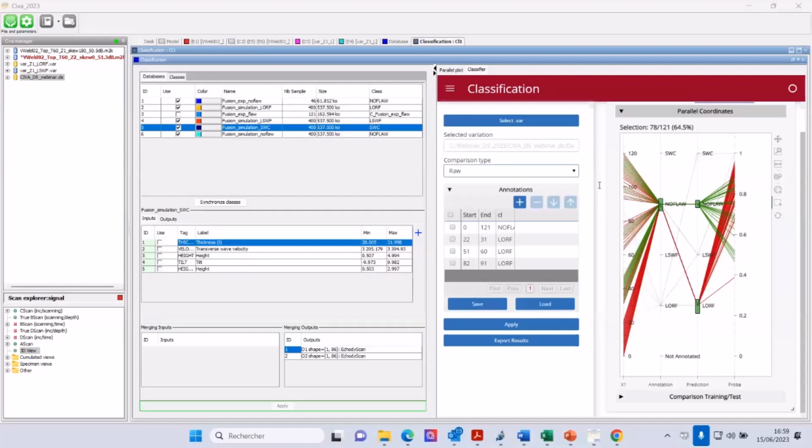You can train, sorry, the algorithms on some data and then test them, but I don't see any reason why it will not work. And again, you can use CIVA DS only with experimental data or only with simulation. What I show here is a mix, a fusion of experimental data and simulation. But if you have enough experimental data, you can in CIVA DS just use this module on experimental data or only on simulation.